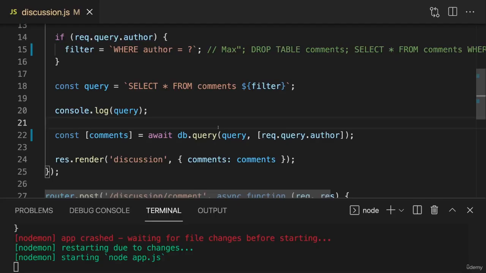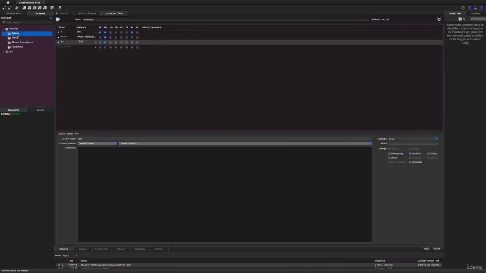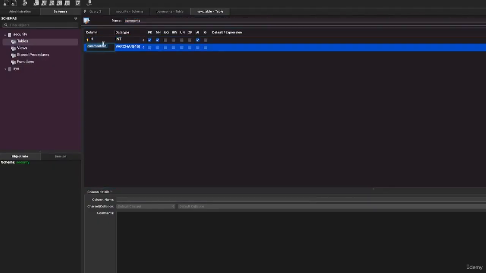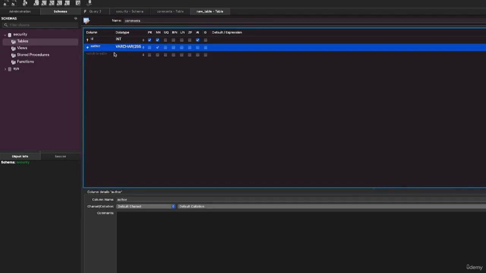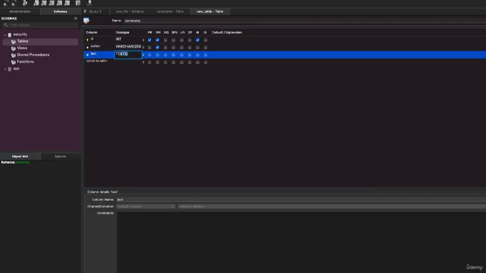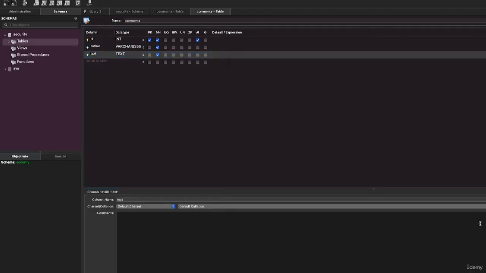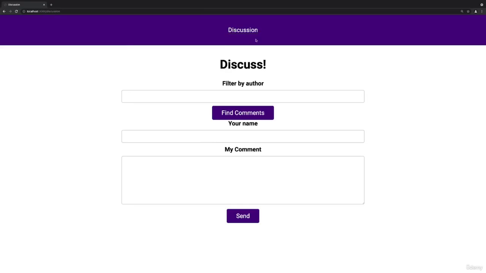So if we now save this, and I quickly recreate this table which I dropped. So I recreate this comments table with its ID, which is auto-incrementing, and with the author field, which is a varchar, and not null, and the text, which is a text, which is not null. If I recreate this table, apply this, and here, then you will see that if you go back to your discussion,